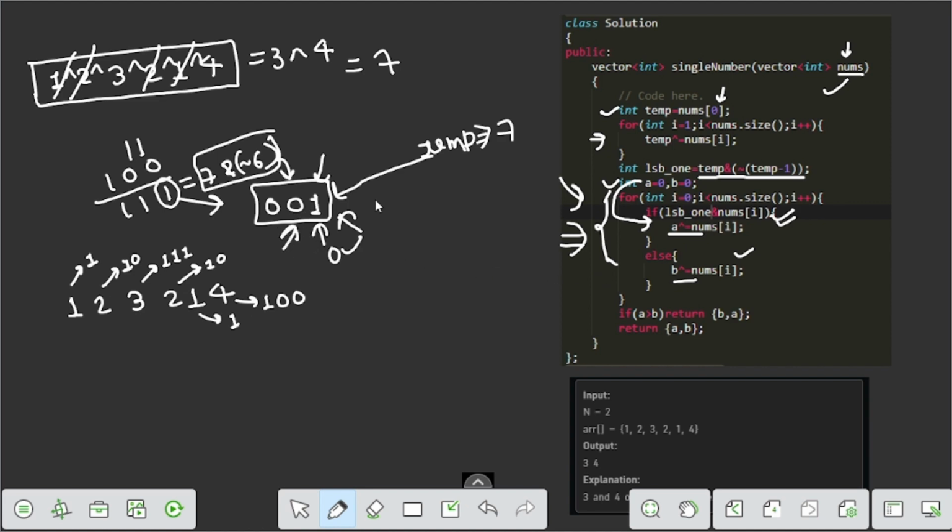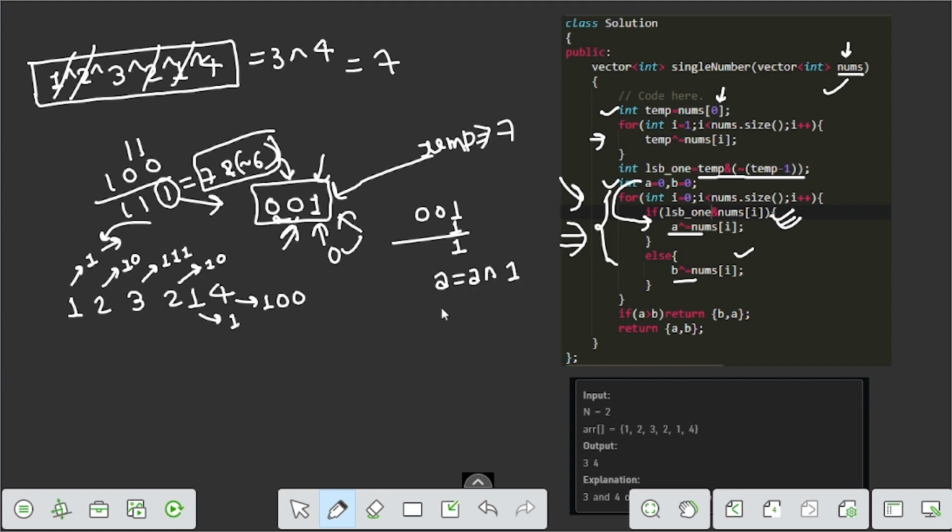On the basis of the last significant bit being 1, we take the last significant bit AND nums of i for every index. So the AND of 0 0 1 and 1 is 1.